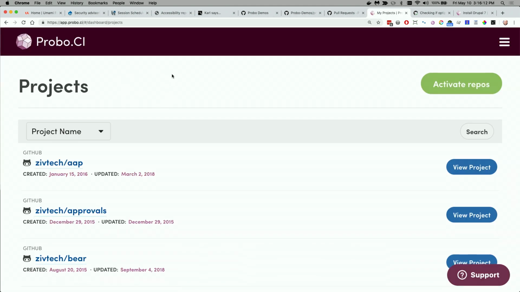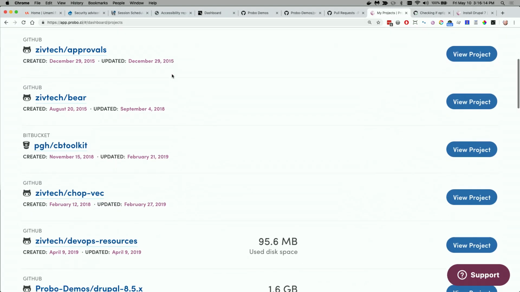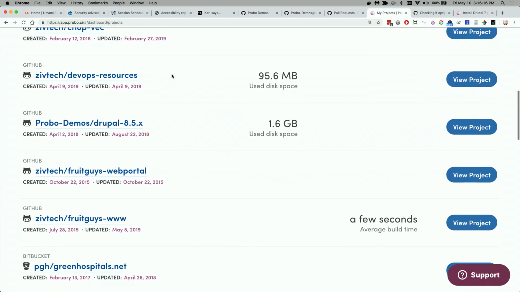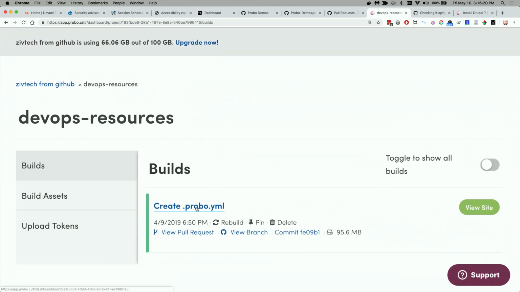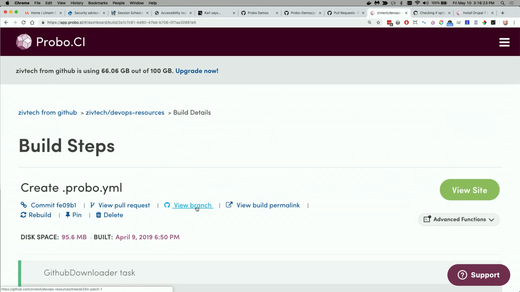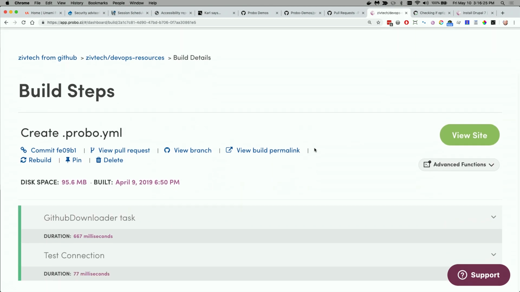So you can sign in with GitHub. We just got a GitLab integration set up. Also, you can use Bitbucket. I'm going to go to this one we used for our DrupalCon training the other week. This one should work. So this is the interface. You get the commit that you sent in. You can click over to check the pull request again. You have the branch. And then you can actually rebuild this if you wanted to for some reason, or you can pin it